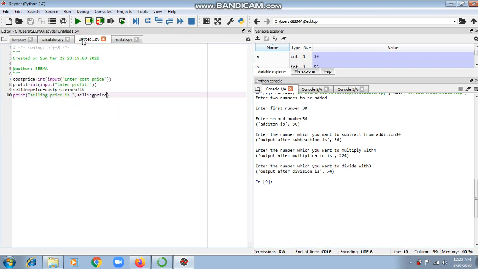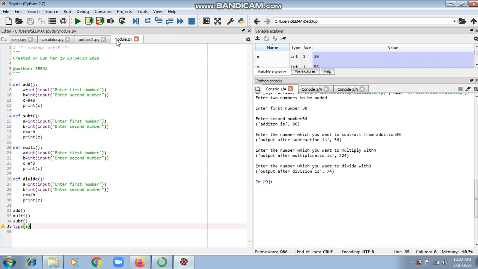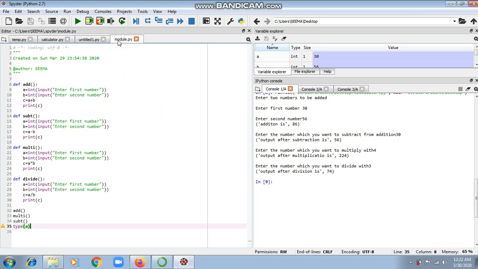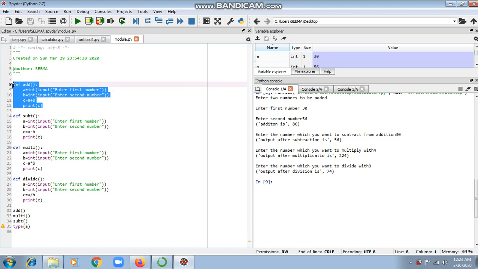But what if the user doesn't want to perform all the above operations sequentially, like first addition, then subtraction, then multiplication and then division? If the user wants to add, multiply and subtract only, he doesn't want to divide, or he may want to multiply and subtract only, then you can write the code in sets of statements like I have written.